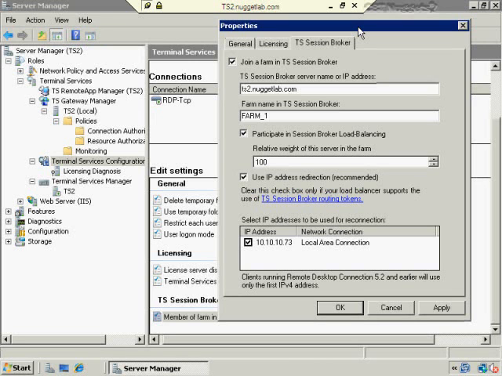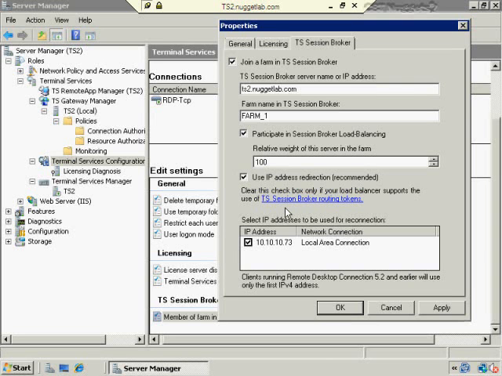And this is going to be the case if you're using the terminal services session broker load balancing using DNS round robin, and that's what we're using here, or you're using network load balancing, or you have some kind of hardware load balancer that doesn't support terminal services session broker routing tokens. Okay, so under all circumstances that I've discussed here, and in my current context, this is what I would be using. If I clear that item, then what's going to happen is it's going to use terminal services session broker